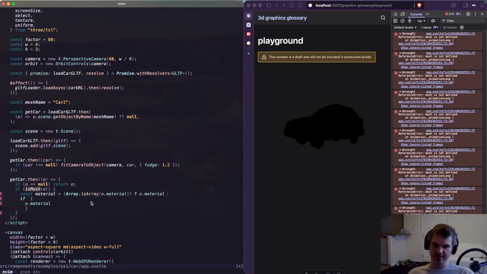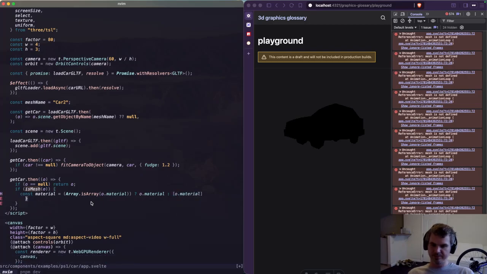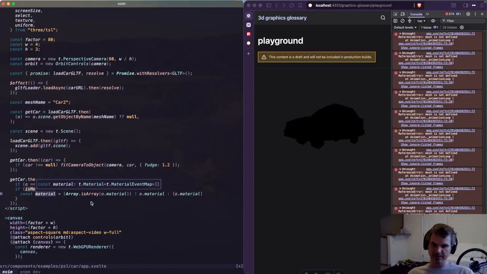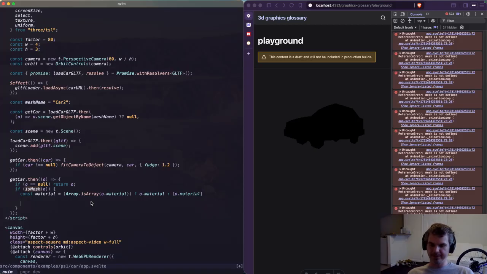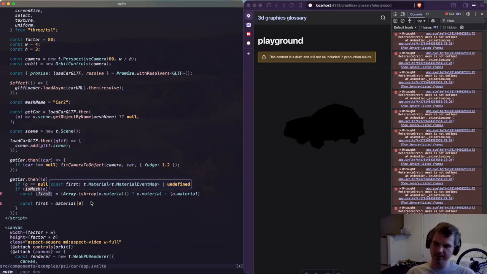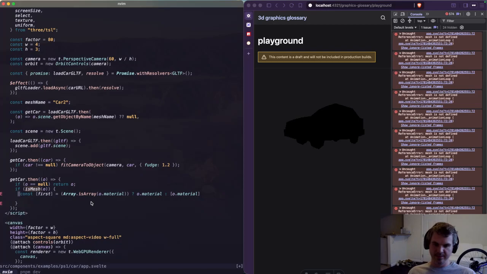Dang it. Like this. So this is now an array, and then we just need to get the first element off of it. So that would be at 0. And then probably inline this first. But I have the TypeScript setting that there's no unchecked index access. So doing first here,